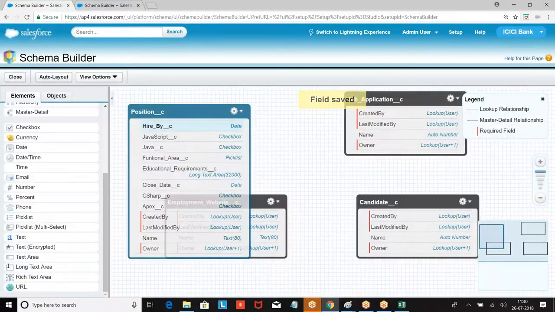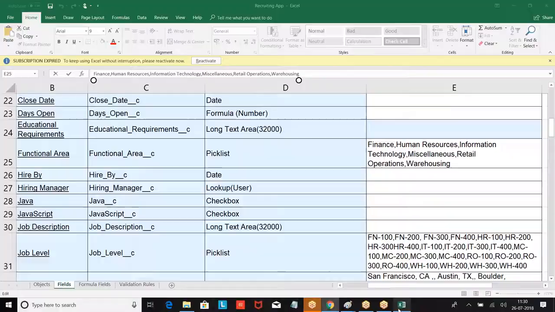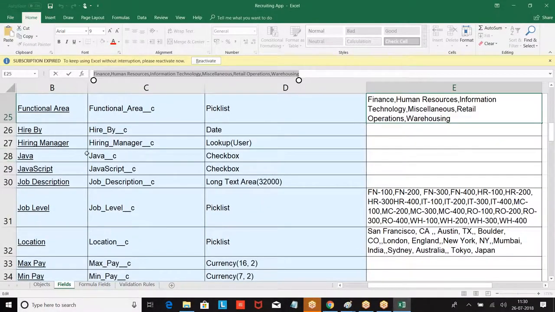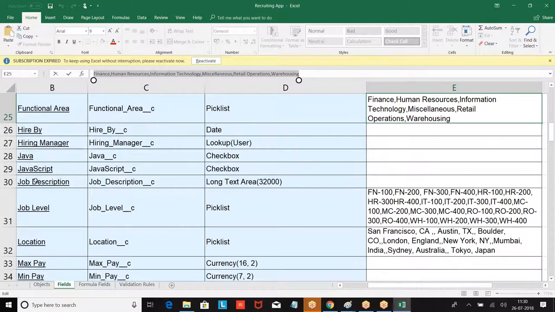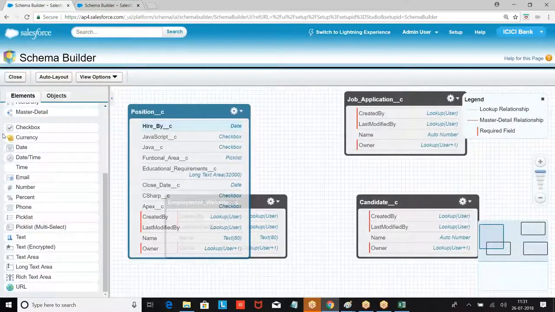Right. Now when you are creating all these fields, these fields are not visible on the page. Now how will you show them? Then what we had: hire date, job description, job level. We have job description, text area.